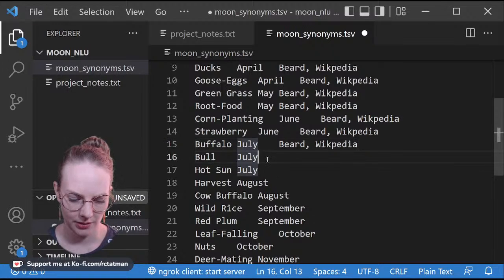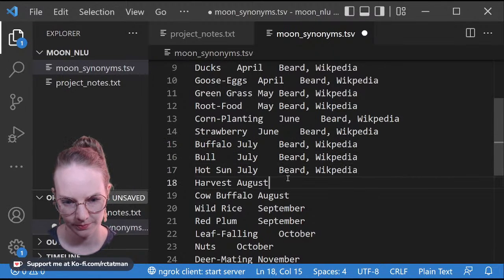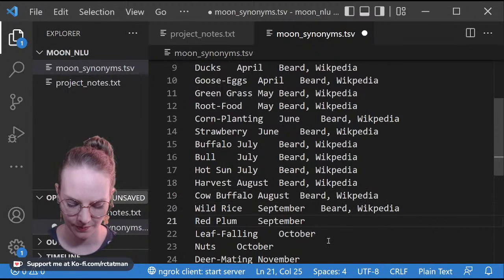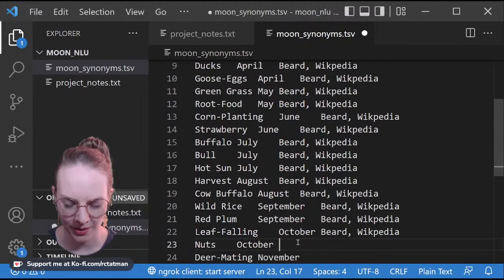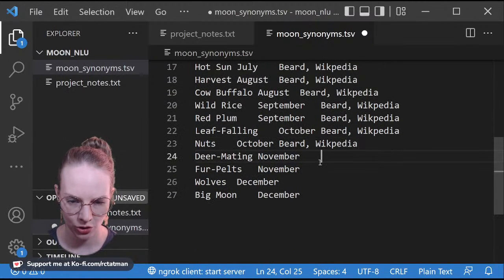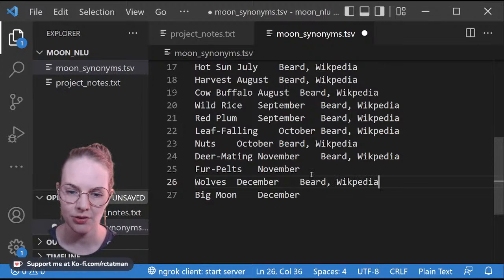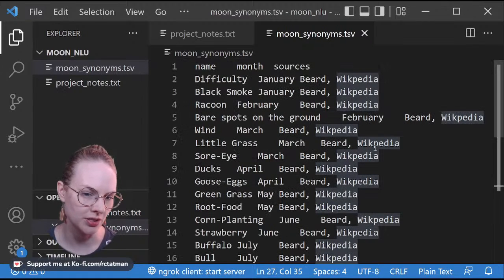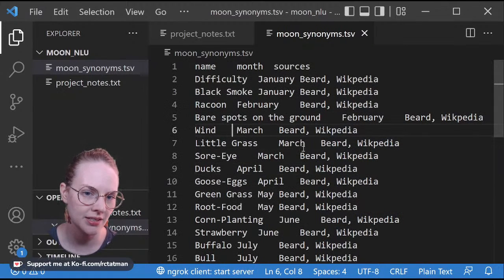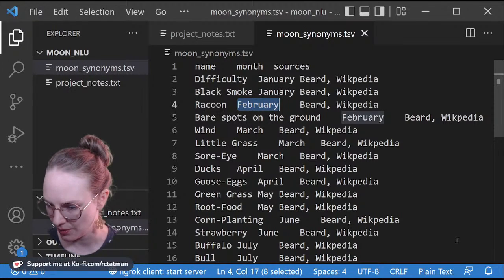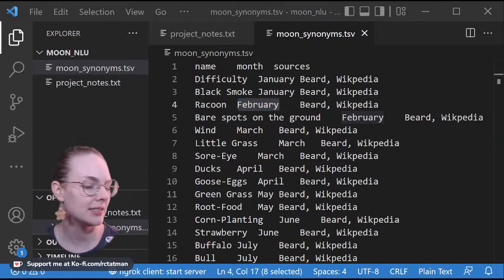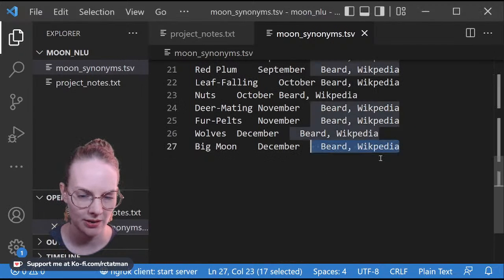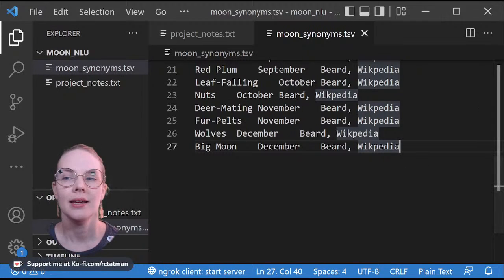And I don't really want to build a custom scraper or automated tool to do this, because I'm going to be getting data from a bunch of different sources that are going to look very inconsistent. Not all of them are going to be based on month names. So yes, I could automate this. No, I don't think it's going to save me any more time, because I'd have to reorganize it for each source of information that I'm getting.